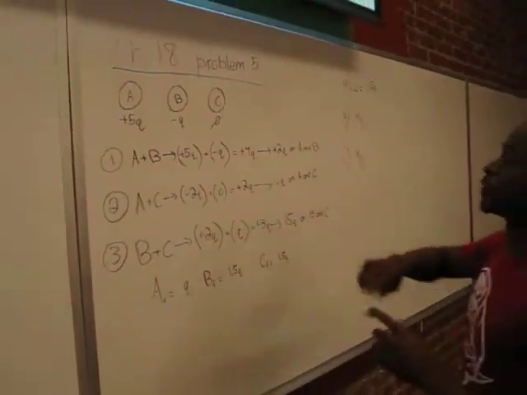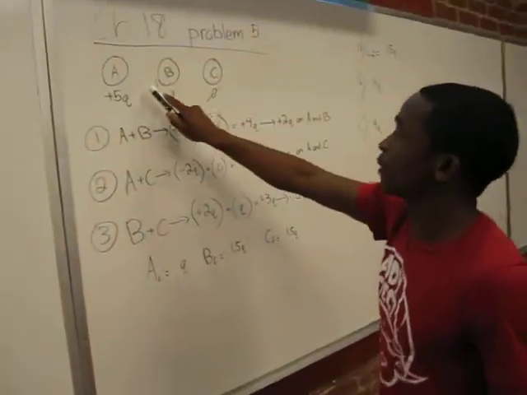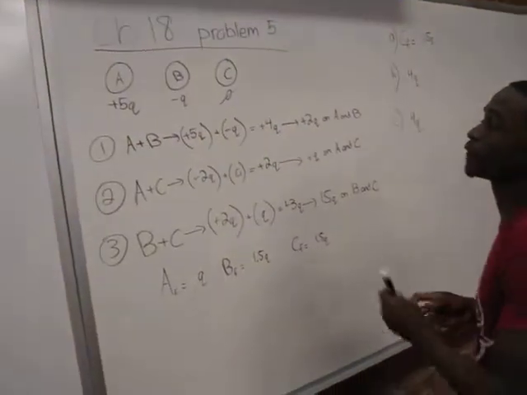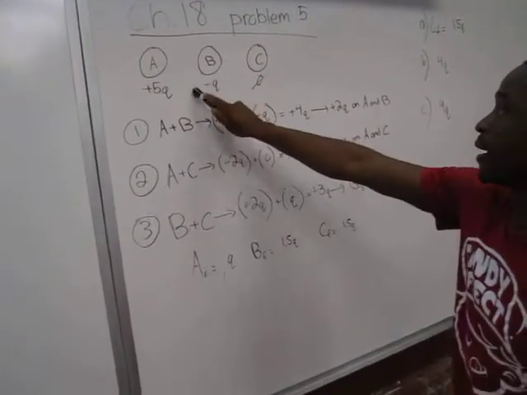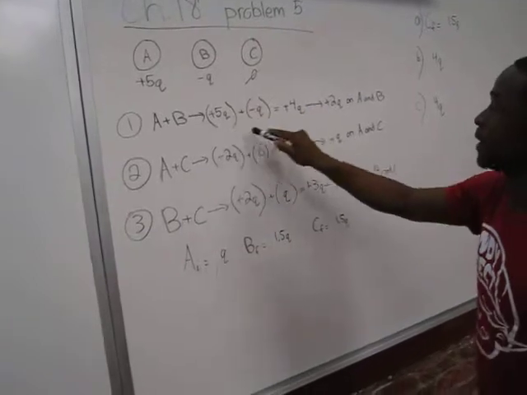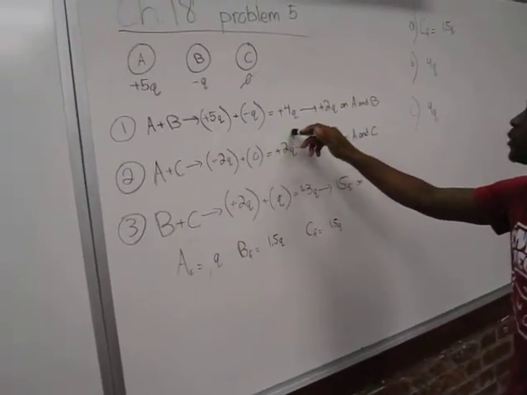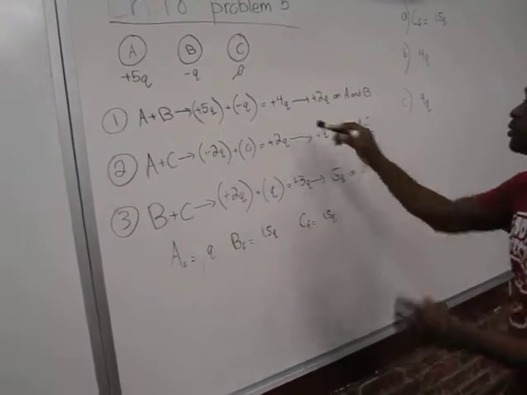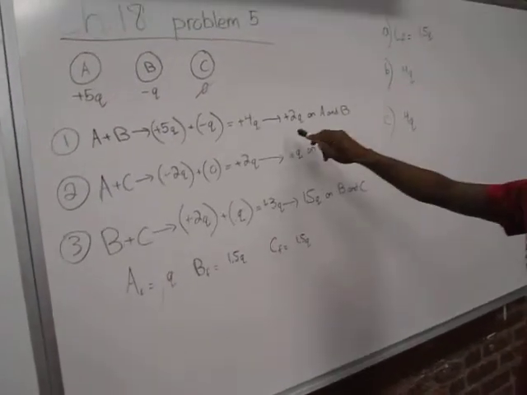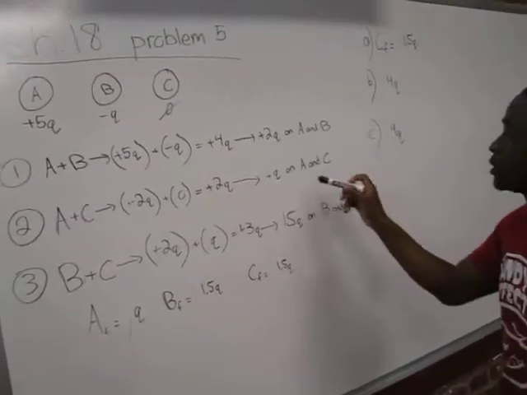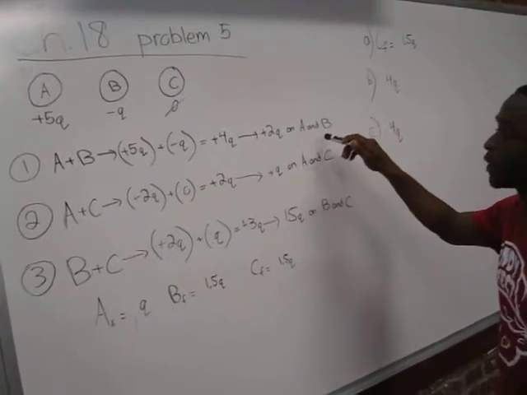So, first thing I did was draw out each sphere and their respective charges. And the first part of the problem says that spheres A and B are touched together. So I take the charge of sphere A and the charge of sphere B, and I add them together. I get a charge of plus 4Q. That plus 4Q is the charge of the two spheres together. Once they're separated, the charge is evenly distributed, so you get a charge of plus 2Q on both A and